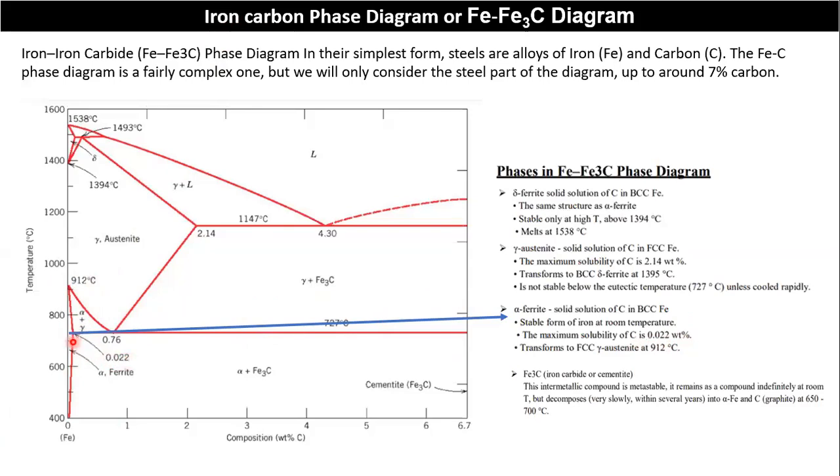0.02 percentage of the carbon. So it is a maximum percentage for alpha ferrite. It is a soft nature. Now, transformation of FCC, face centered cubic structure, gamma austenite, at 912 degrees centigrade. So from this point onwards, that FCC structure will be coming from austenite structure. Gamma austenite is converted into alpha ferrite state.